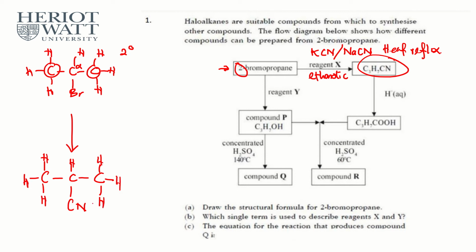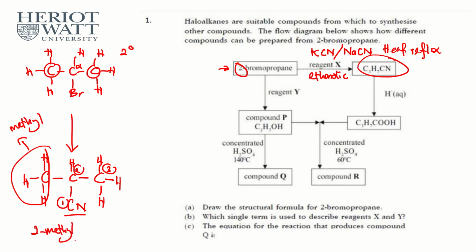All right, and how do we name this? Again, the same thing. We always start from the functional group, with carbon number 1 closest to the functional group. In this case, CN is the functional group. This is carbon number 1, number 2, number 3. We take the longest chain, still 3 carbons, right? And this one, which is outside of the numbering, we call that a branch. So this branch has 1 carbon, so it's methyl. So overall, the name is